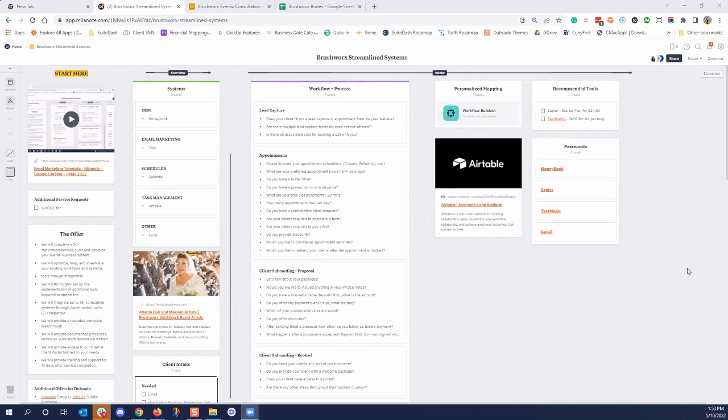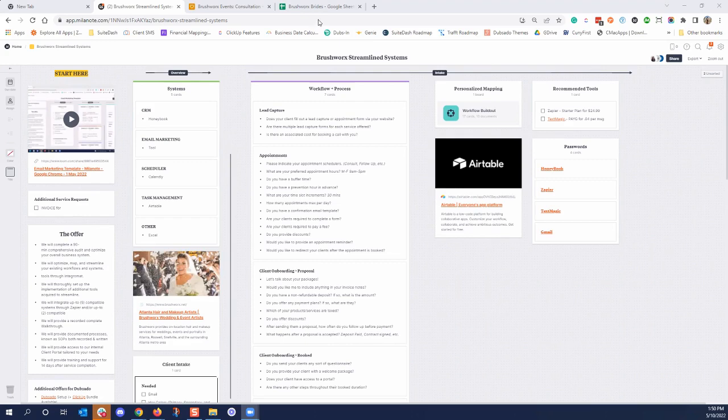So from what I have currently, you guys are using Calendly to take the appointments. And from Calendly, you're also then using HoneyBook. And then you're also using Excel to take all of your notations of the brides, the names of your team, and just the organization in that location.